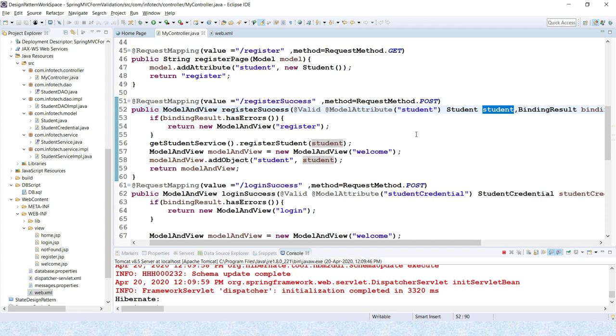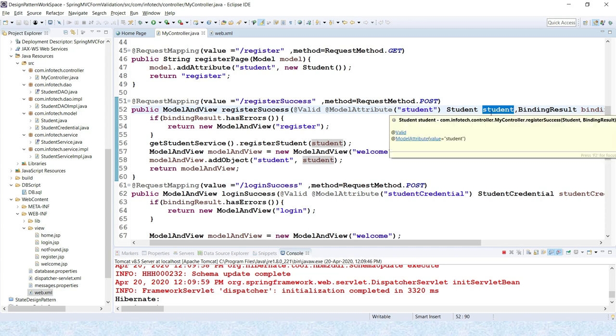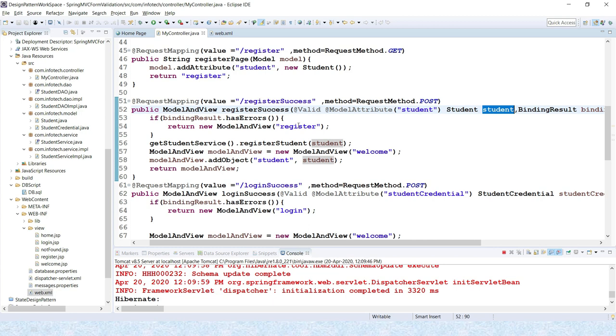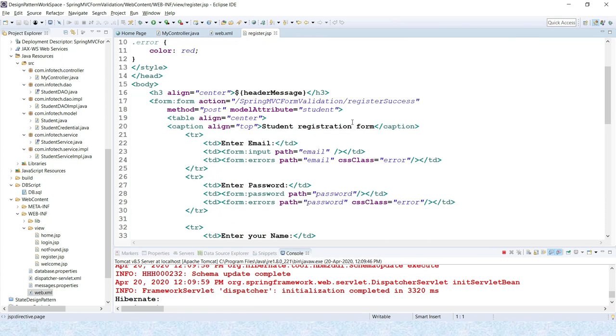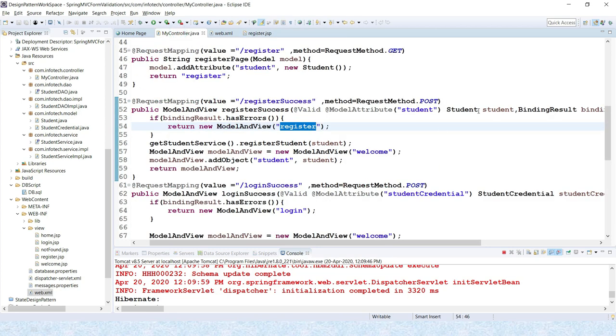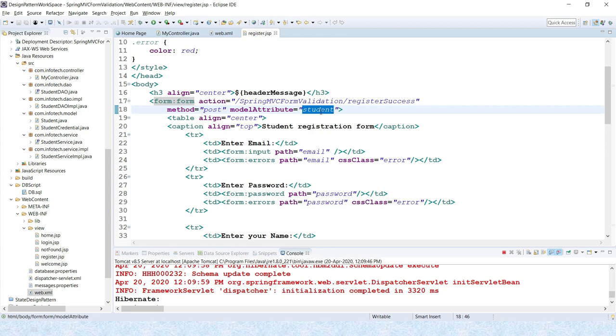That provides the functionality to populate all the fields in this student object. If you look into the register.jsp page, you can see I have given the model attribute student, and that gets automatically populated in this student object. So this is the backing bean in case of Spring MVC.